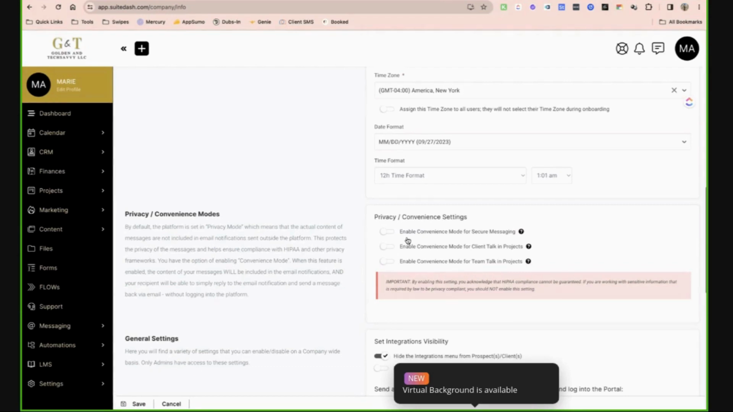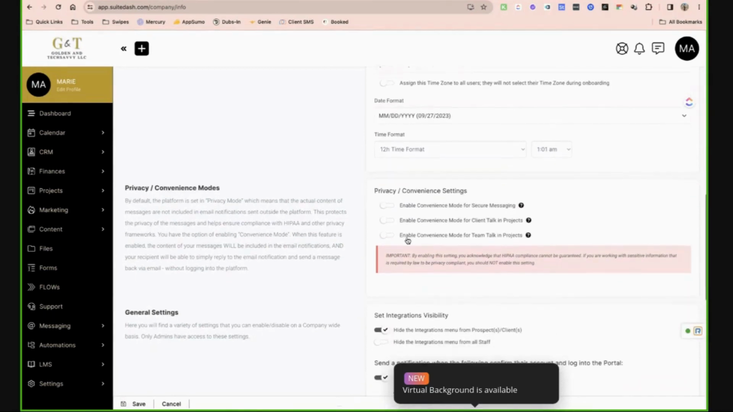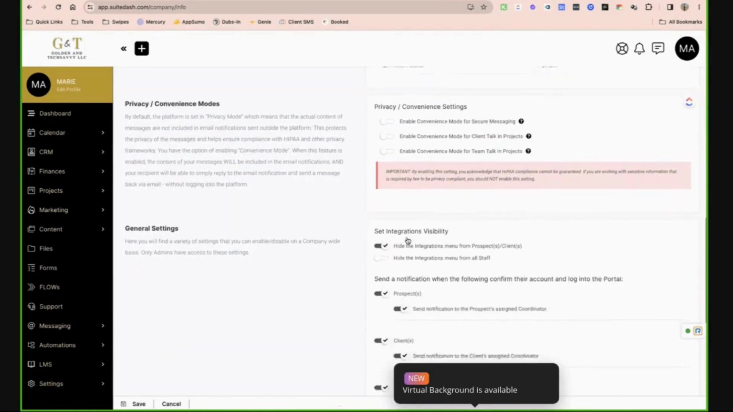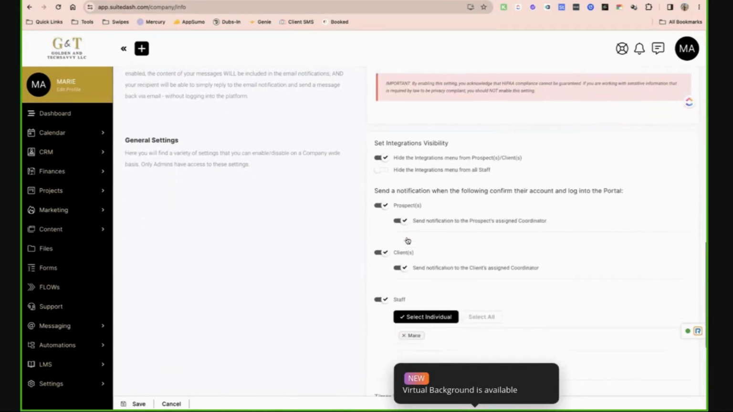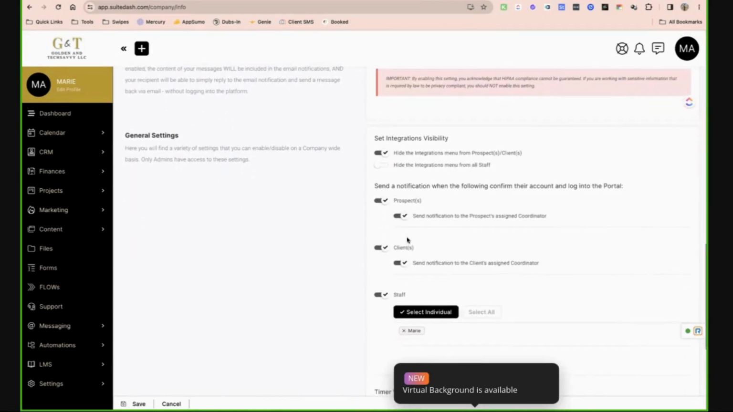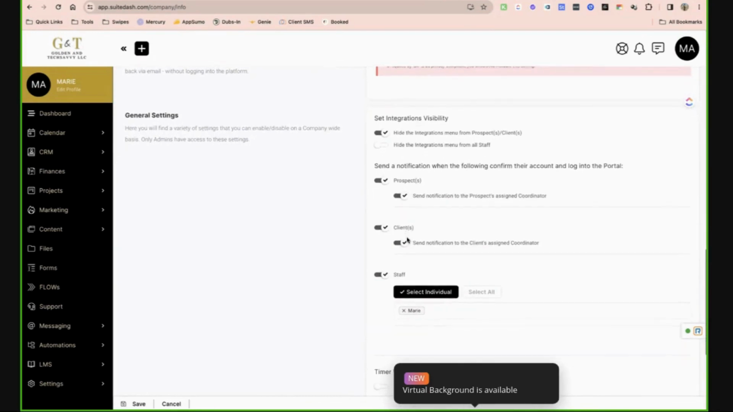This is going to be something that you want to take in notation if you have any HIPAA regulations, because you have to have it toggled off if you are a tax professional or other companies that are going to be sharing private information. The general settings down here are based on visibility for integrations, as well as the notification